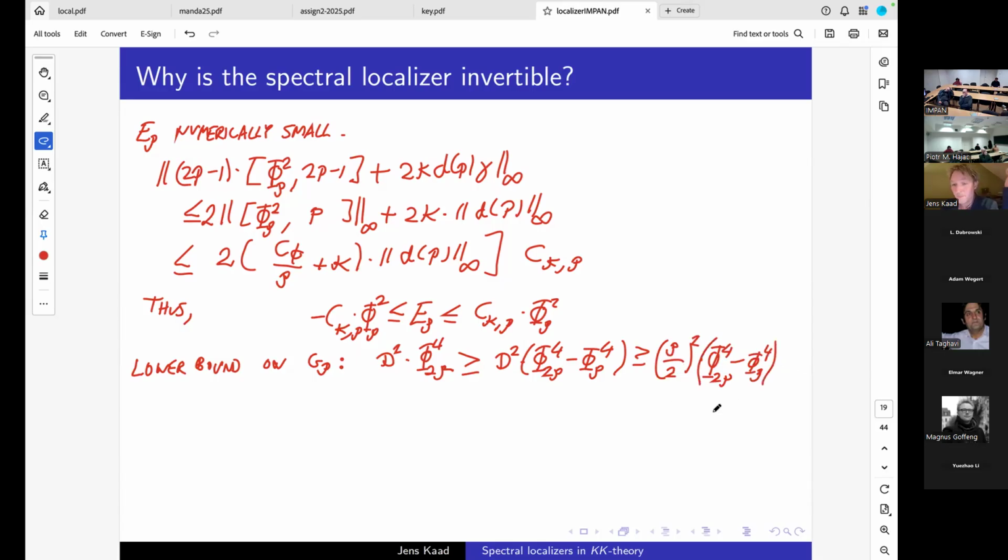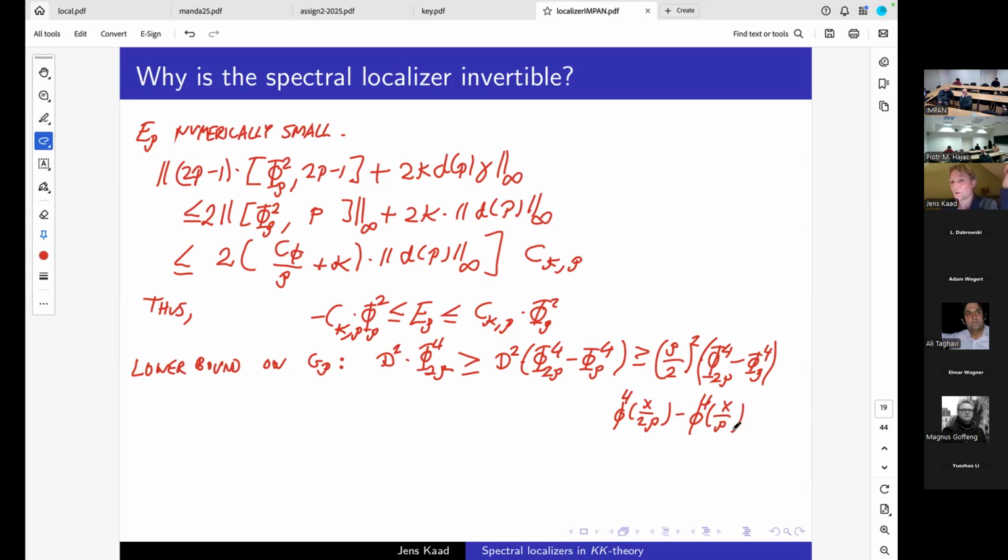Why is this true? It's because this function, phi of x divided by 2 rho to the fourth minus phi of x divided by rho to the fourth,